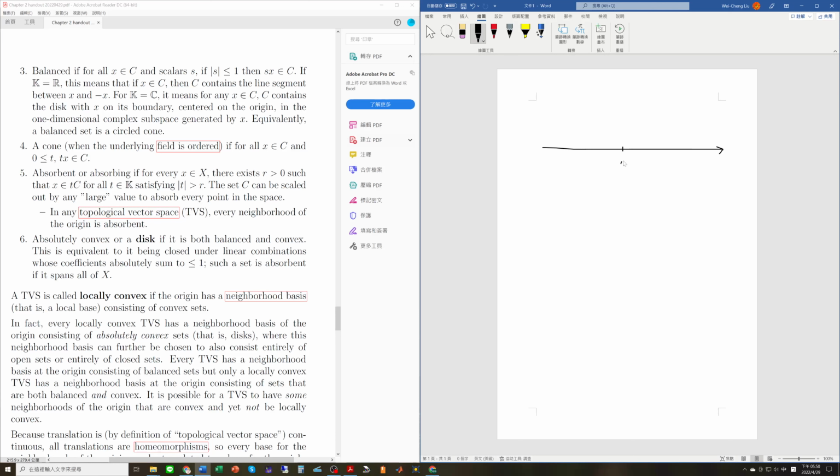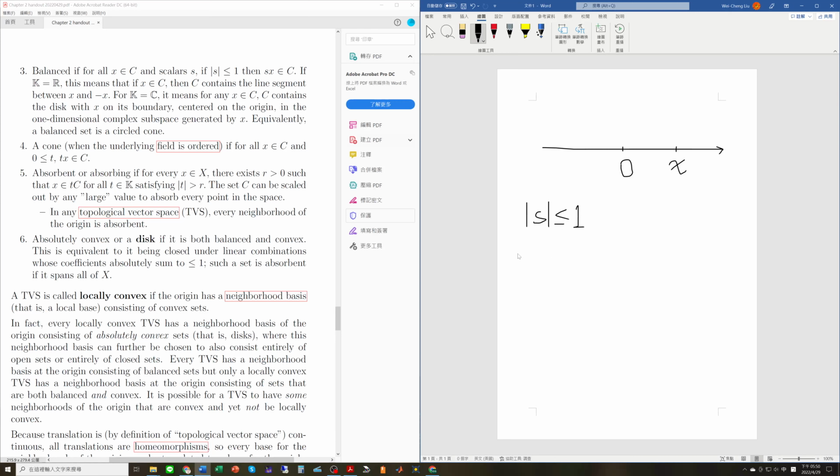Here is the origin, 0, and here is X, the point X. Then if the absolute value of S is smaller than or equal to 1,